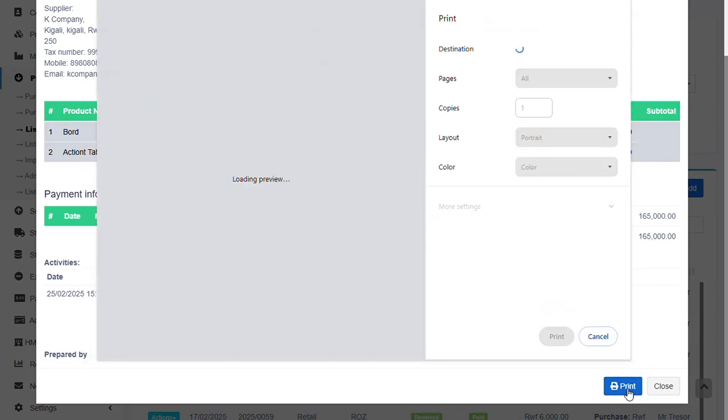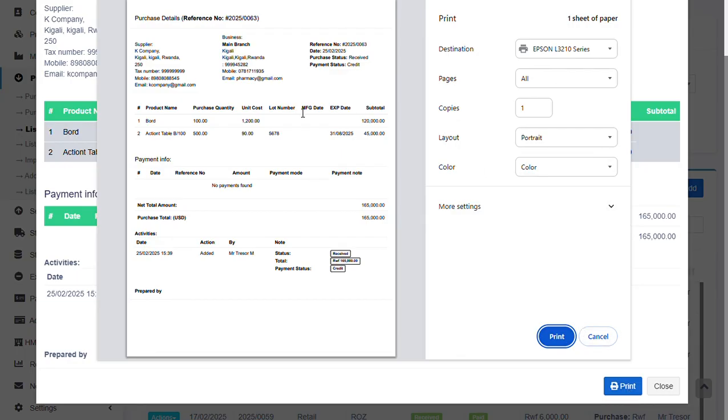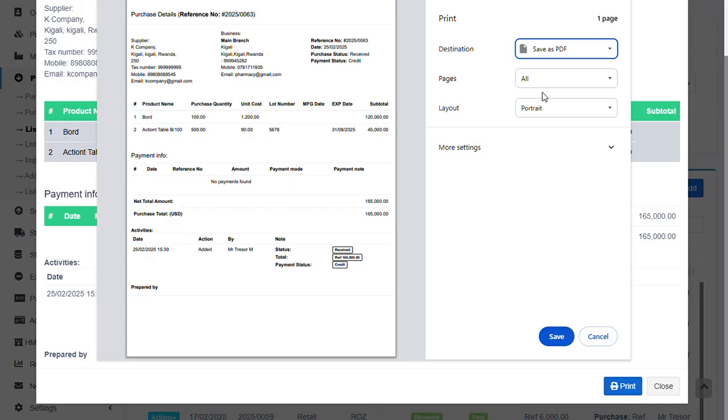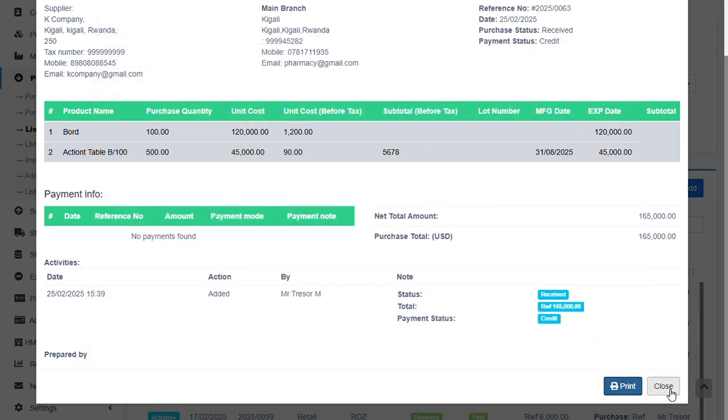Once you click on print, it gets you to the print interface, and on print you can choose your destination. If it's toward a printer as printing on hard paper, then you choose the printer to send it to, or you can choose to save it as a PDF. With that choice, then once you click on save, it gives you direction on where to save the PDF to. And that's how you view and print out